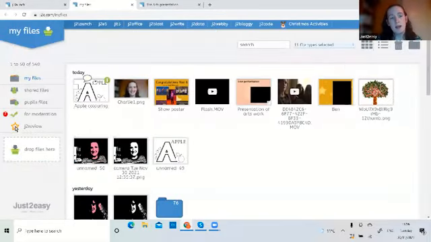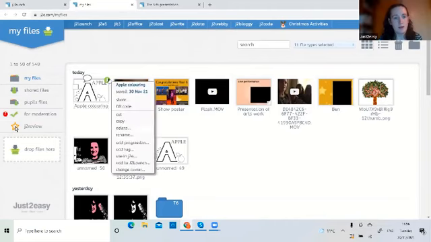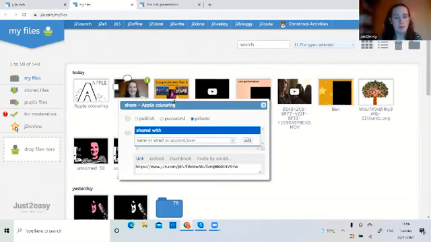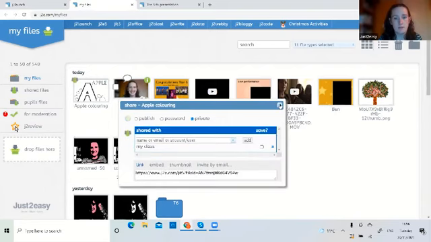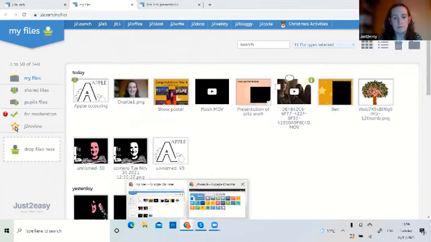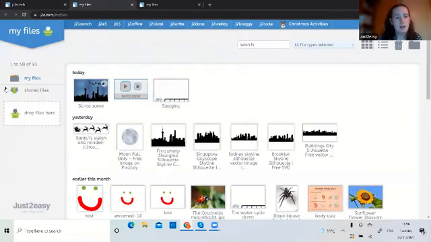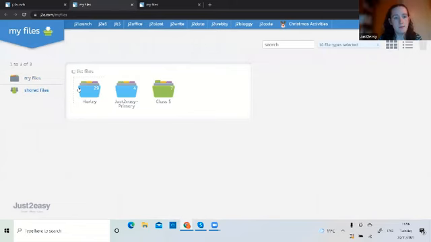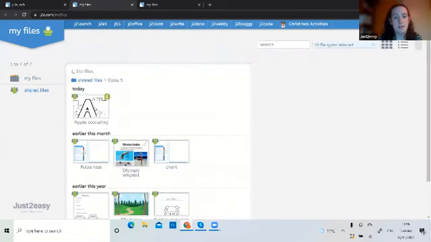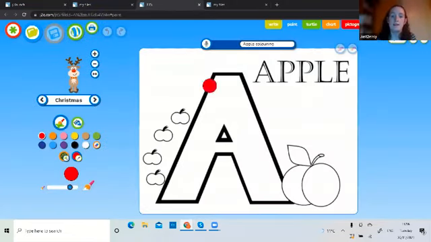There it is. And if I click on the little green eye that appears when I hover over that piece of work, I have the option to share that with my children, so I can share that with my class. If I take you back to my demo pupil, he can now find it within his My Files. On the left, he has a shared files area, and he can find that colouring and work on that. He can use all of those tools that we just talked about to complete that picture.